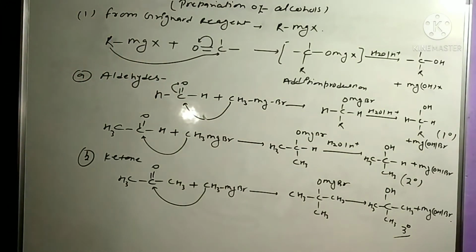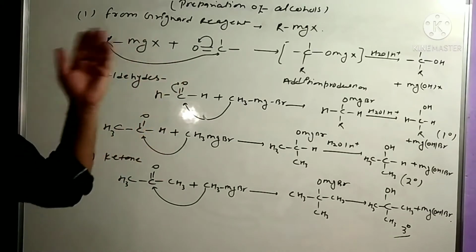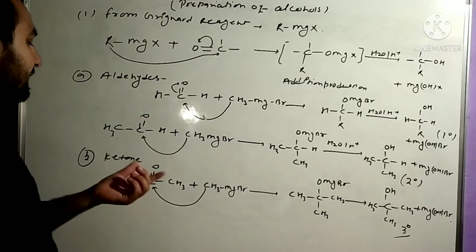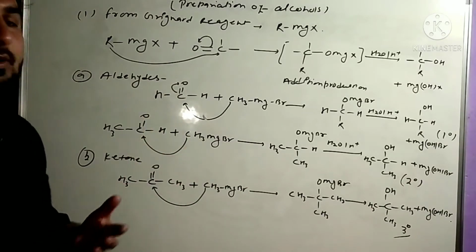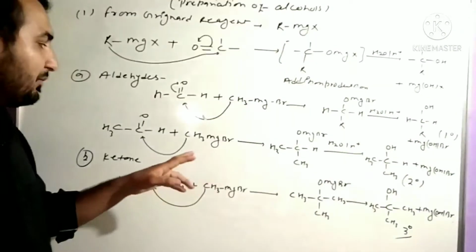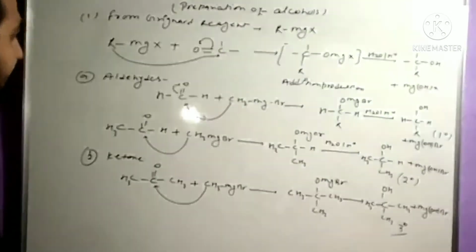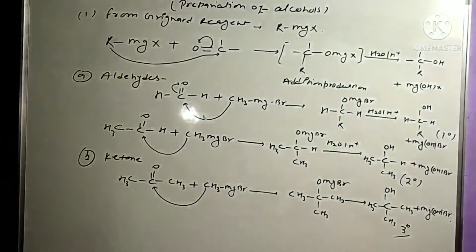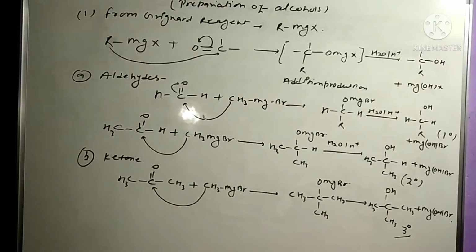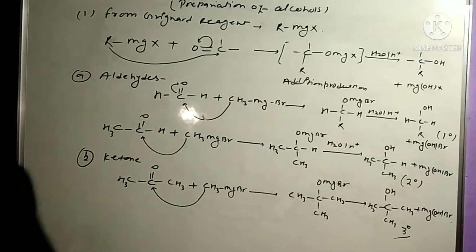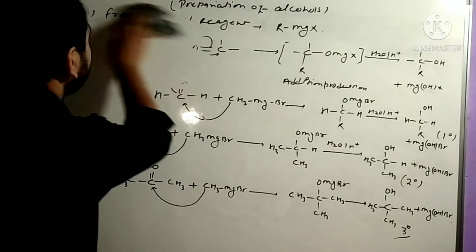Clear? So this is your reaction with the Grignard, with different kinds of carbonyl compounds. That means first we take the aldehyde, second is ketone. In aldehyde you have two major things. Formaldehyde is only giving the 1 degree alcohol, and except formaldehyde, aldehydes give 2 degree alcohol, and in the case of ketone it gives you the 3rd degree alcohols. Then please make a note here. This is clear. So now move on to the next one.